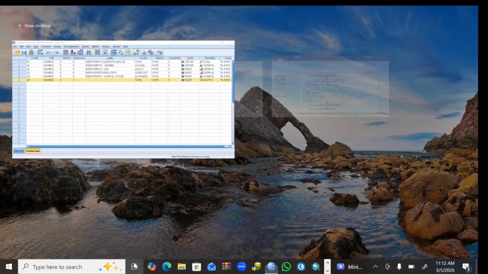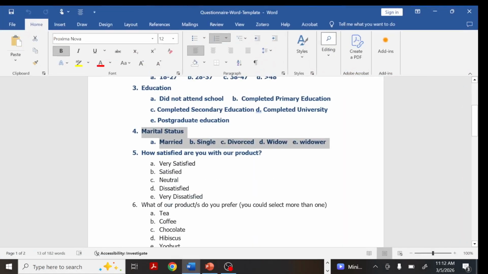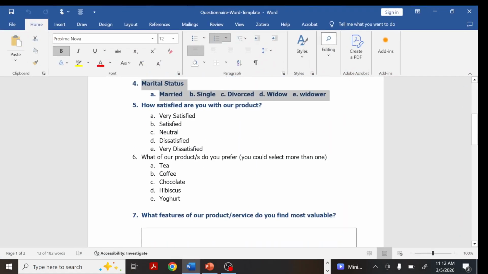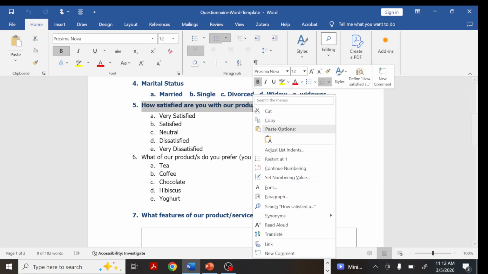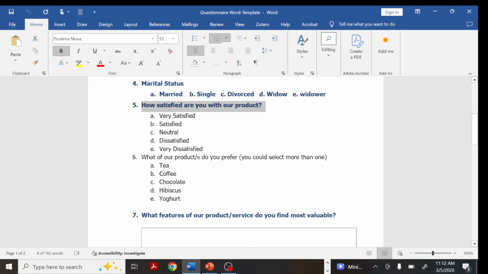Go to the questionnaire. And then you see this question number 5. It's about how satisfied are you with the products. You have very satisfied, satisfied, neutral, dissatisfied, and very dissatisfied. This type of question is known as the Likert scale. So they start from the highest to the neutral and then to the lowest. Of course, very satisfied is the highest, then satisfied, the second, neutral, in the middle, and then dissatisfied, and then